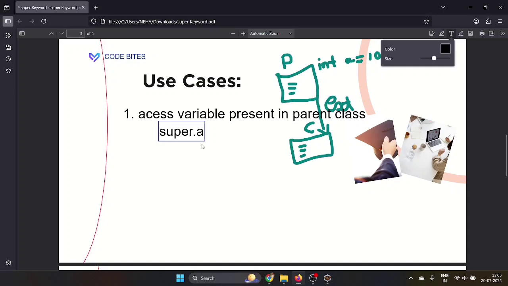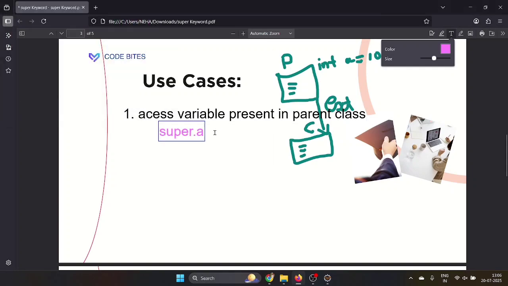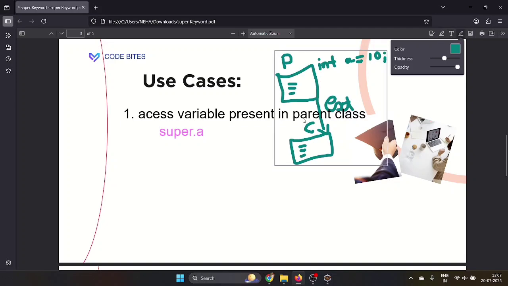This is how you are going to access the parent class variable. That time you are making use of the super keyword. Let's take another case when you are going to make use of the super keyword. We will take another case when you want to